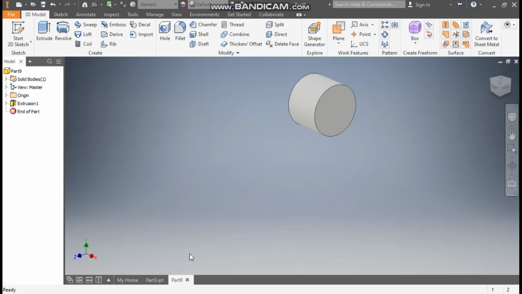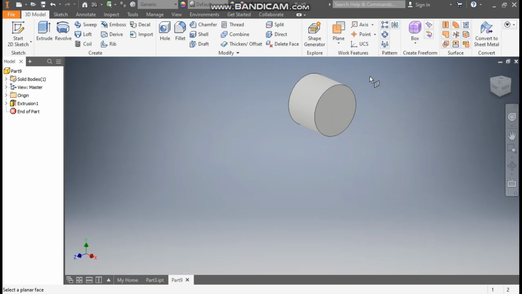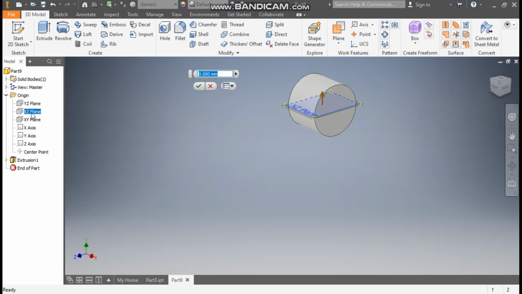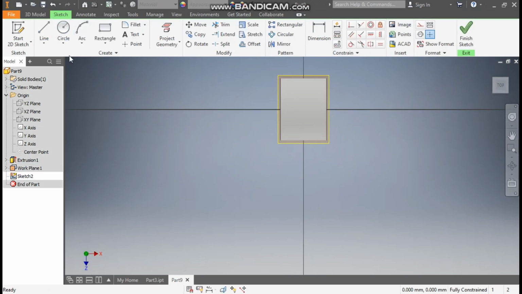Go to part 9. Now go to plane and here I am going to take an offset from plane. Go to origin and we will select the mid plane, the exit plane. Here as the arrow is going upward, so I'll take a minus dimension, give minus 150 mm. Okay, now press enter. Select this new plane, go to create sketch, rotate the view and here take the circle